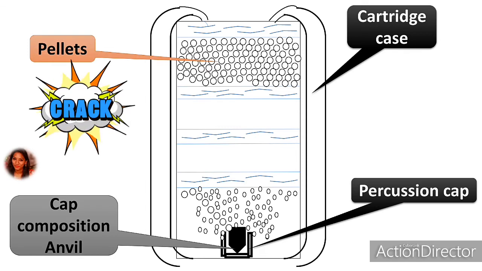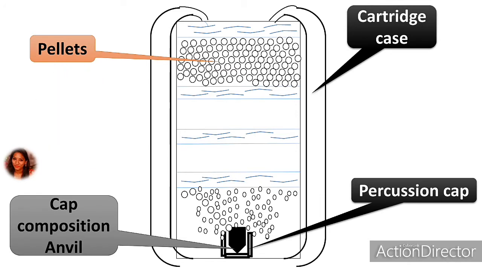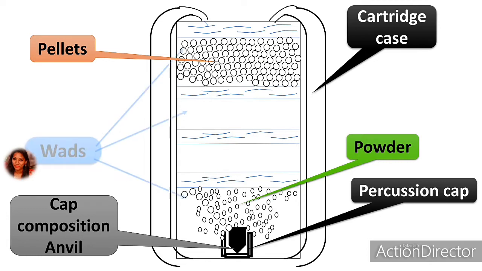It is generally the main burning material which can release too much pressure, and this type of tiny projectile will create much harm and injuries in the target where it was fired. At the bottom, just after the anvil portion, there is a powder material. This powder material can be for the starting primer. It is also called primer as it starts the firing, and then it will move in the upward, forward direction.